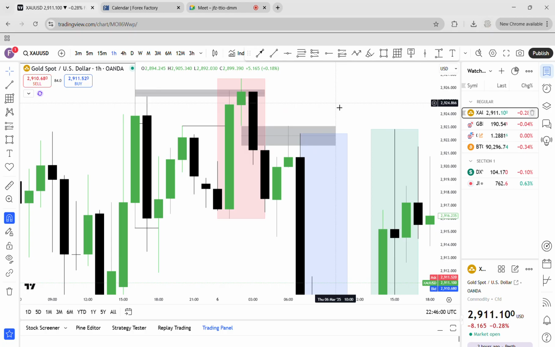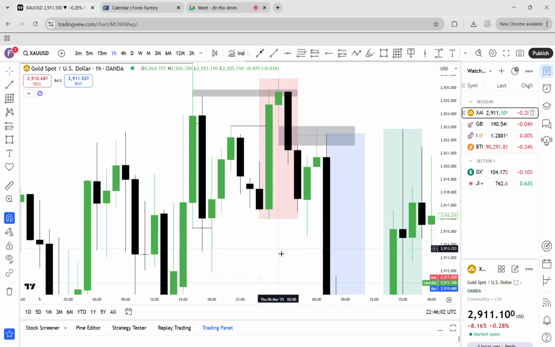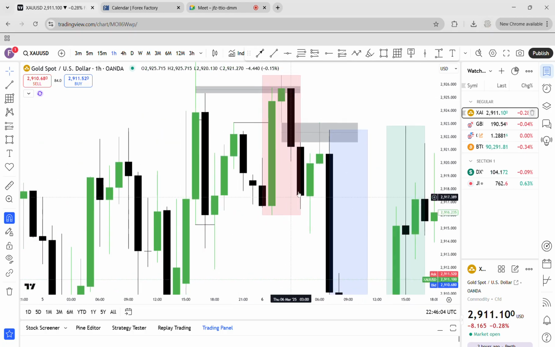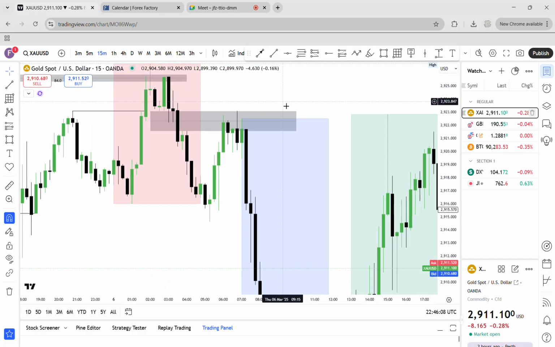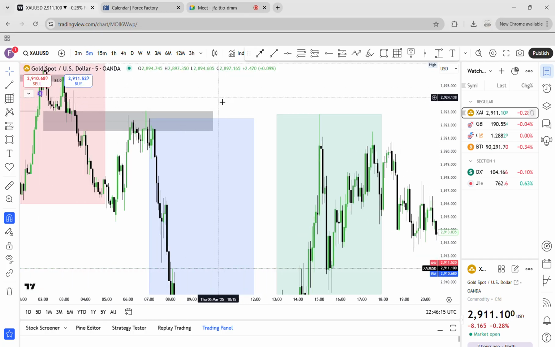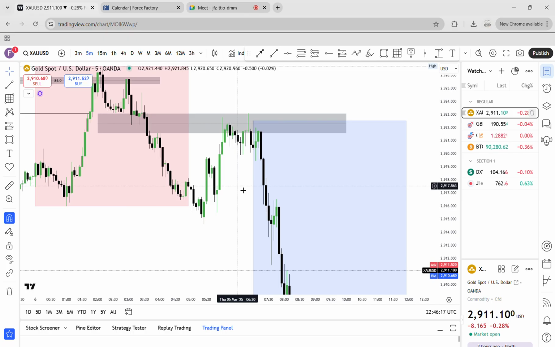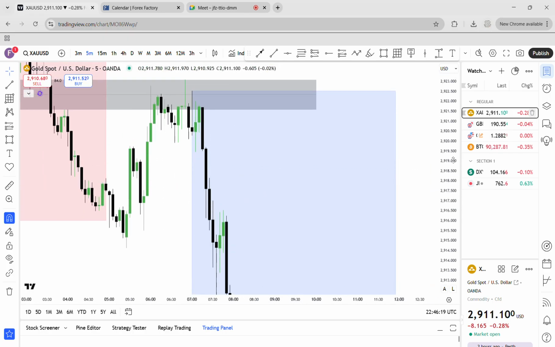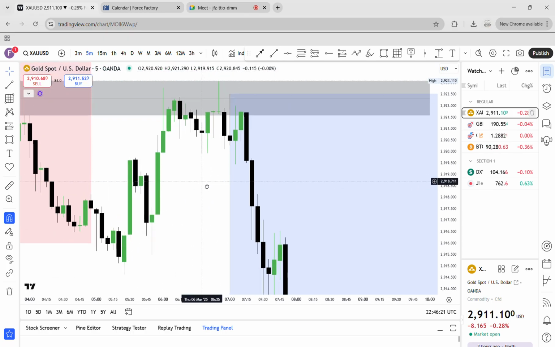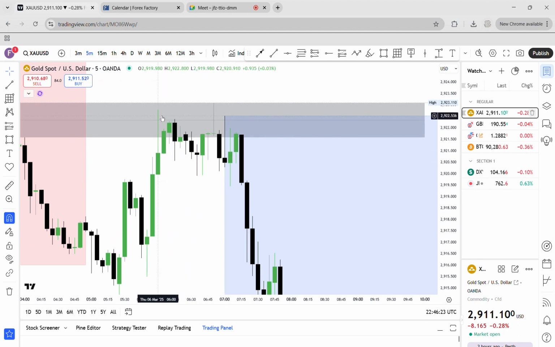The whole story is already with you now. Everything has completed. The whole story is there. What do you want to do? Entry. Price traded back into this area. That's your entry. And right here, as soon as we traded into this area, we have this last up candle right here, because